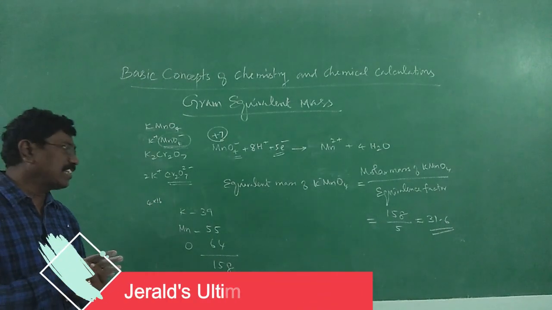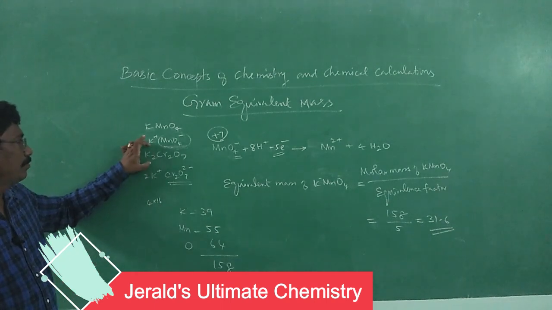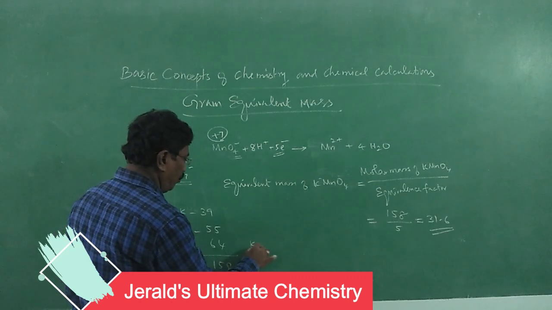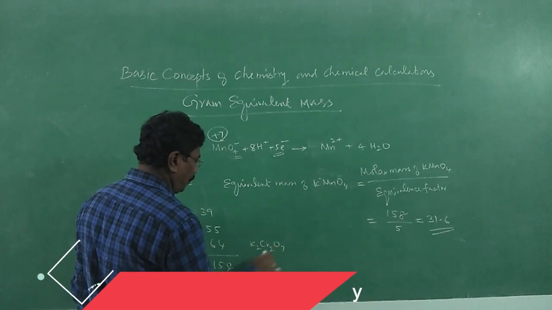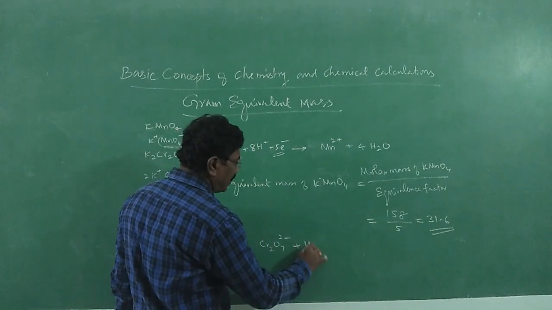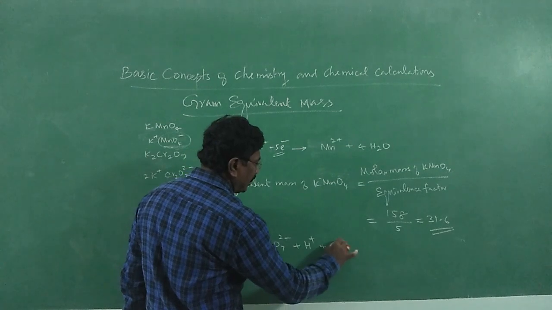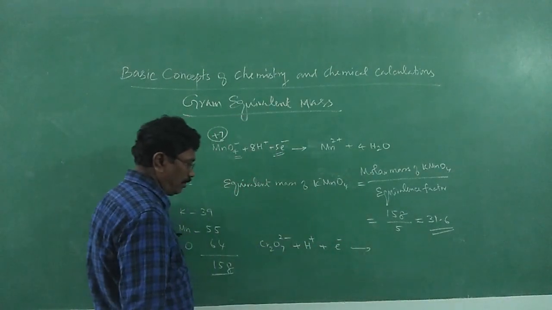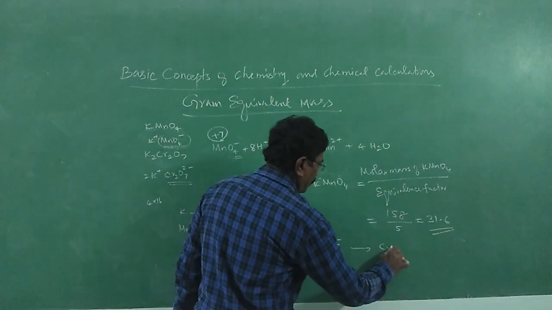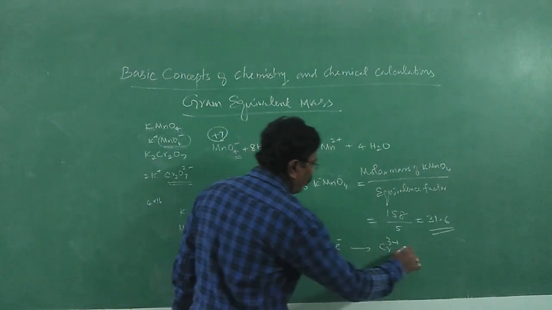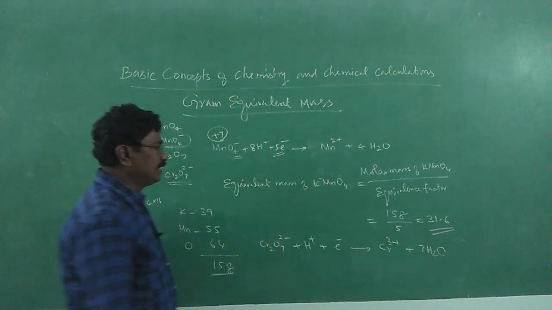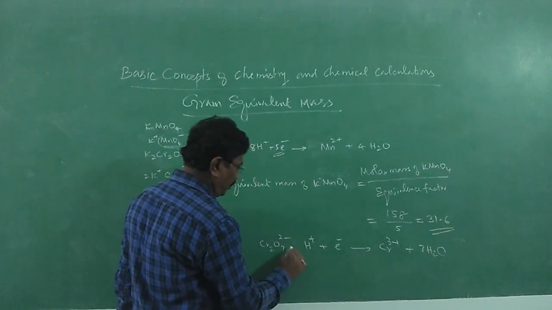Likewise for potassium dichromate we can find out. It is also an oxidizing agent. K2Cr2O7, the dichromate ion Cr2O7 2 minus. In the presence of acid it acts as a very good oxidizing agent, that means it gains electrons. Here chromium's common valency is plus 3, Cr3 plus. Oxygen becomes water. How many waters? 7H2O. 7 oxygen, 7H2O. Since 7 waters have 14 hydrogen, 14H plus.